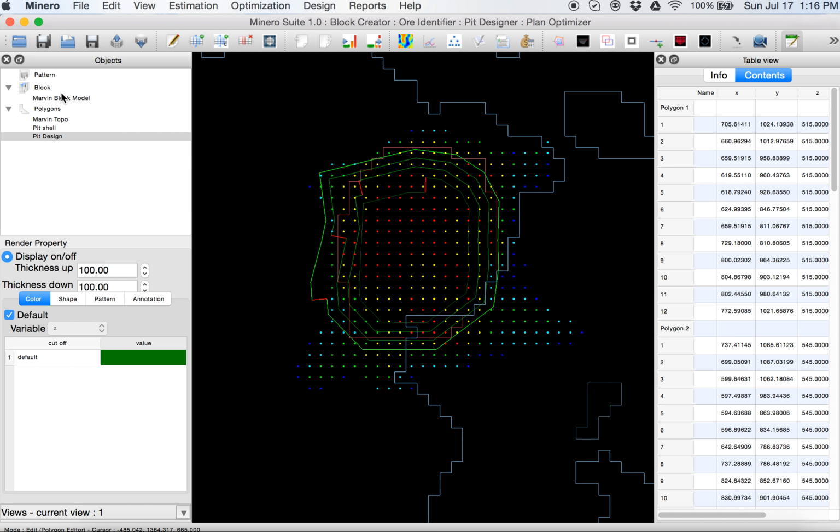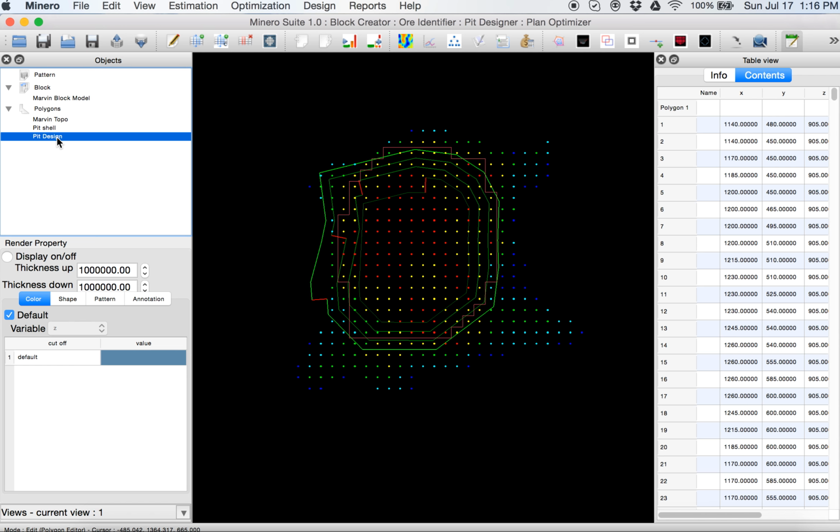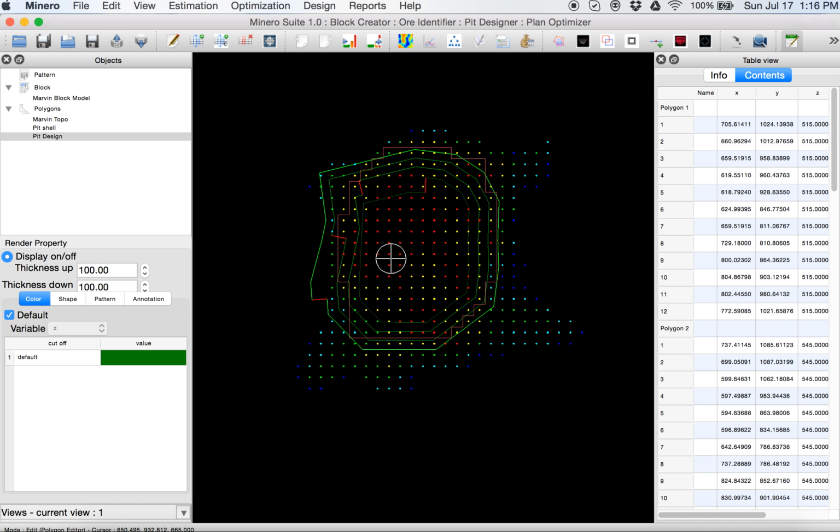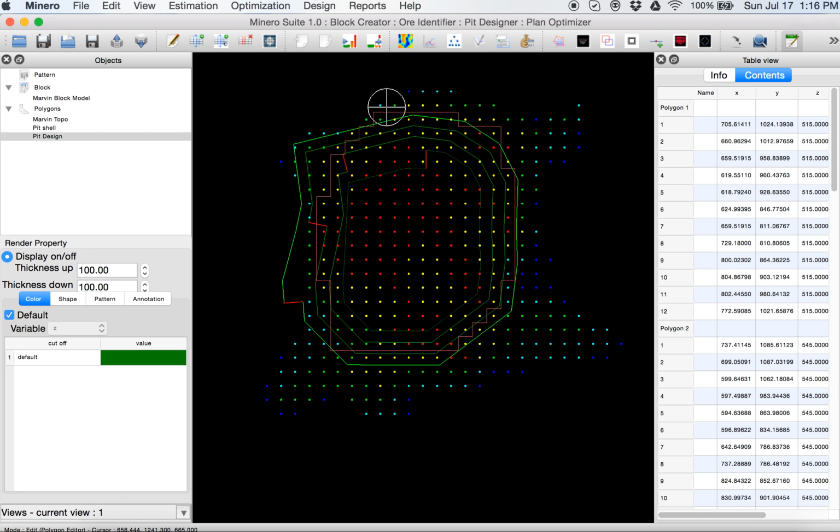And we can always turn information on and off, like Marvin topo on and off right now, and keep having the pit shell and the design. And we can go all the way up to the top, to the surface.